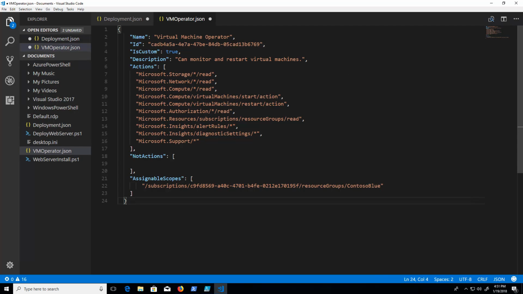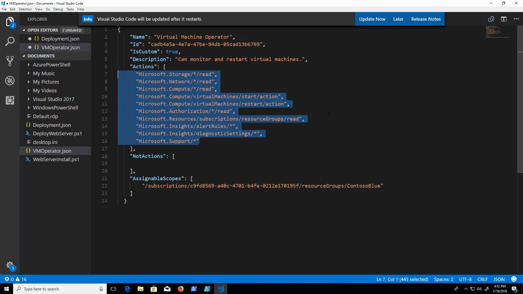It's got a description, and then these are the individual actions that are allowed. So for example, we can read storage, compute, and networking. We can start and restart virtual machines, as well as read some other basic information. So this is the part that requires a little more knowledge. You've got to understand what the individual supported actions are within Azure, and then incorporate those actions into your custom role definition. The assignable scope governs where this particular